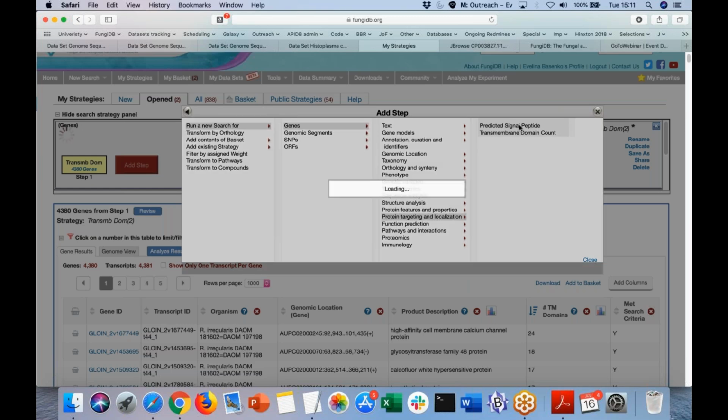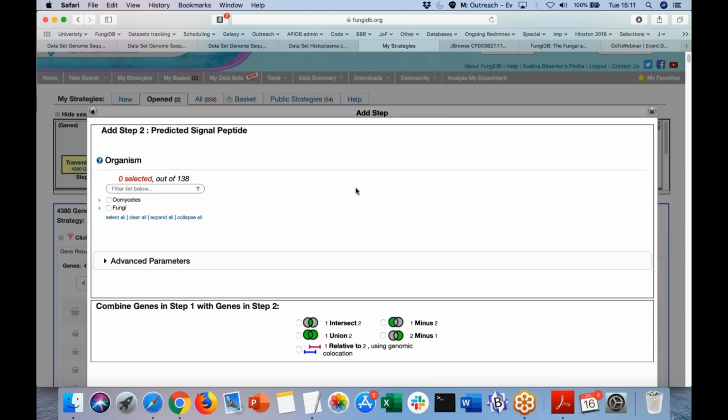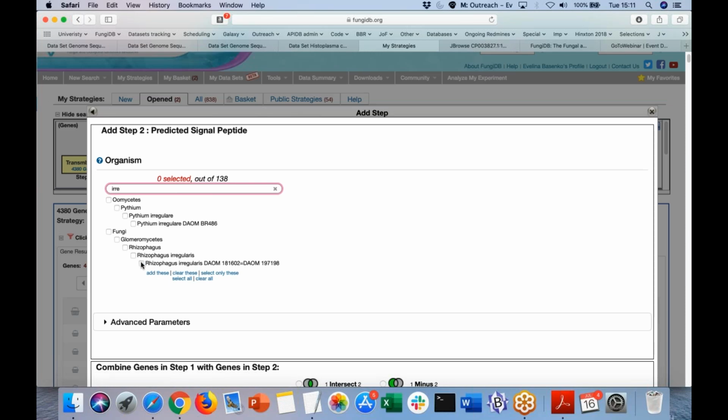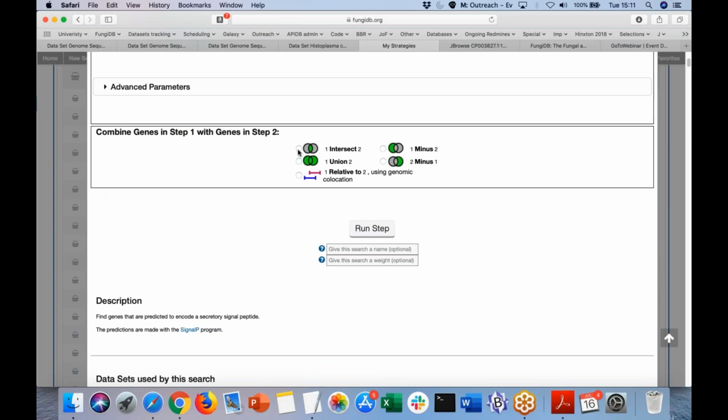For example, in this case, when I click on the search, again, I would want to choose Rhizophagus irregularis, and I would want to intersect, in this particular case, the search so that the genes that